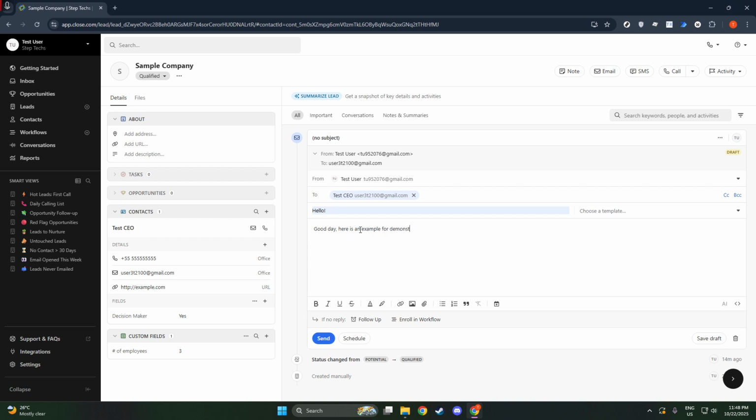Next comes the crucial part, composing your email. Start by entering a compelling subject line. A strong subject helps ensure your email stands out in their inbox. Then, move on to crafting the body of your message. This space allows for rich formatting options, such as bolding text, adding hyperlinks, and much more, ensuring your message is